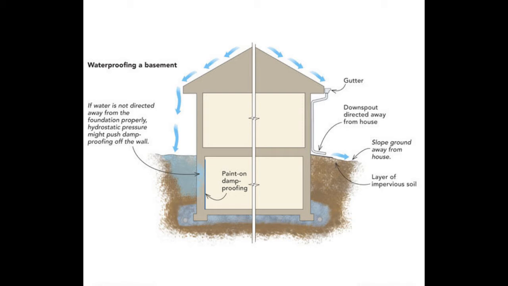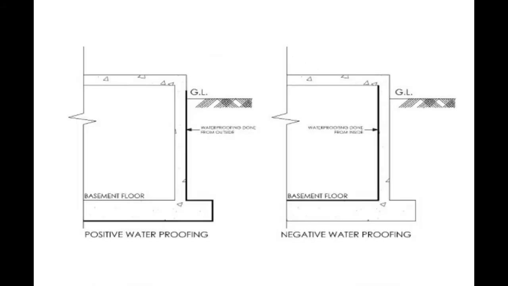So the structures that are located in the vicinity of water bodies are always subjected to this hydrostatic pressure. The greater this pressure is, the more it will try to force the water into the pores of the concrete, or even into the cavities around the basement. This can cause the deterioration of the structure. So that is why, to avoid that, we need a waterproofing system.